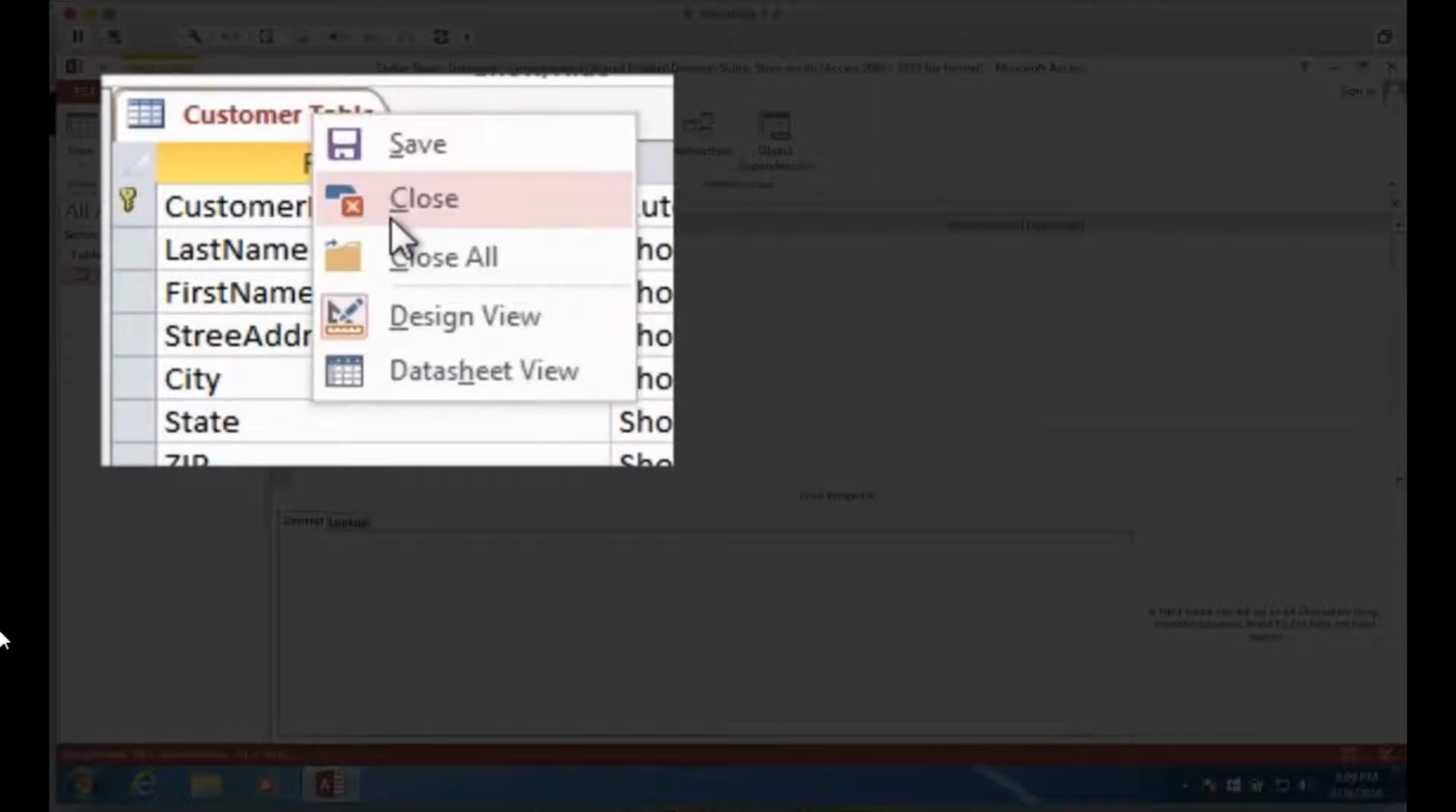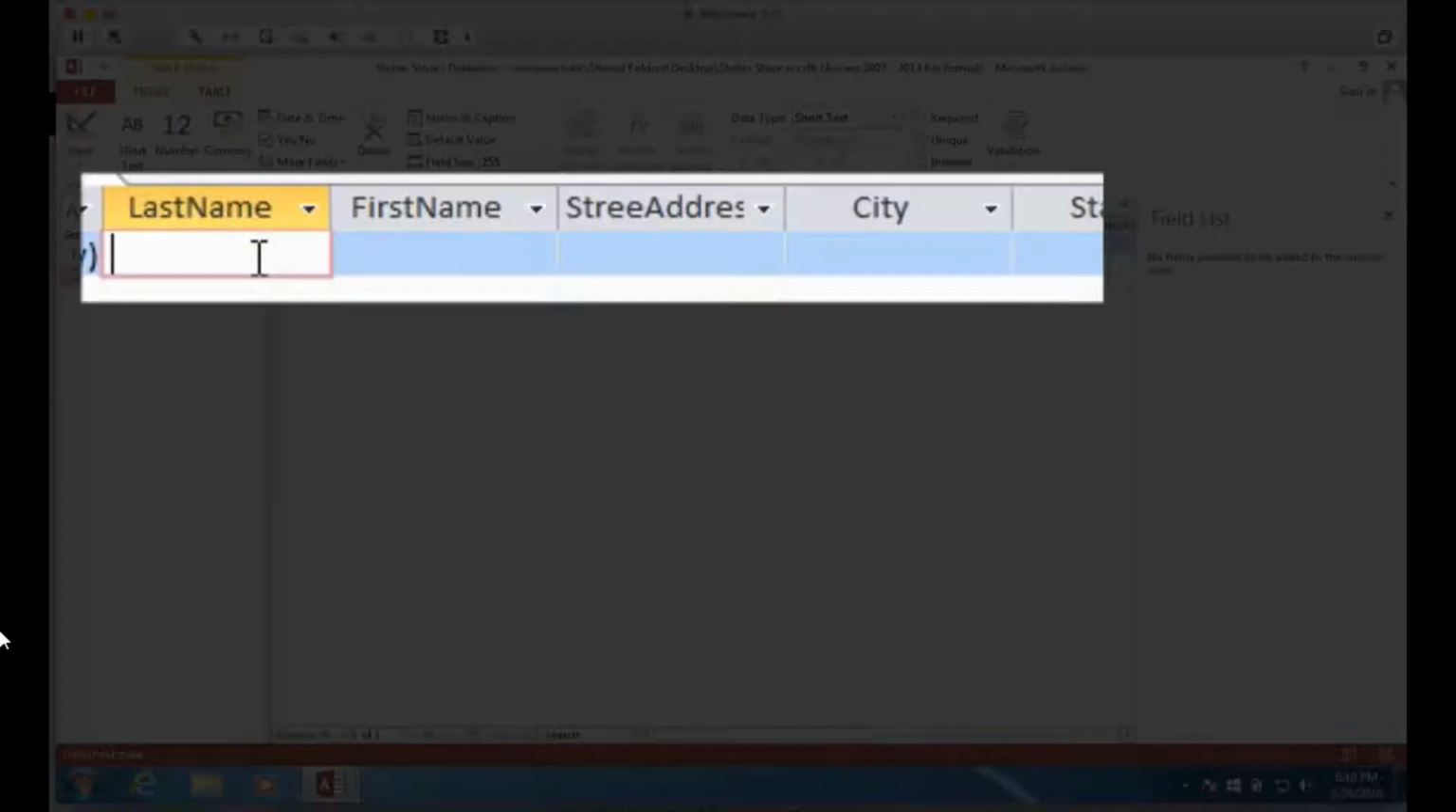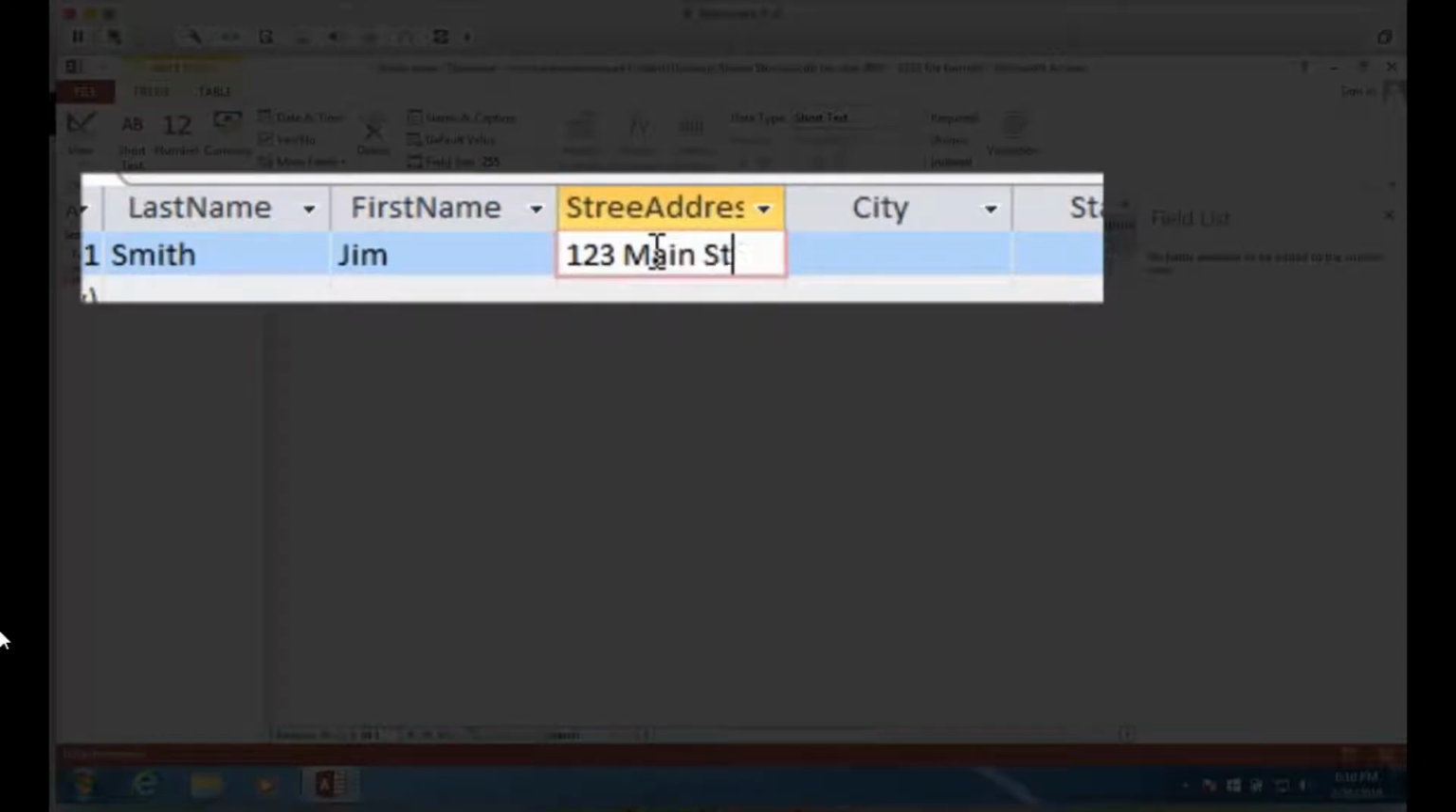Right-click again, and I'm going to choose Data Sheet View. Now you'll see that this looks something like a spreadsheet now. I can start entering information in here. So the last name, I just type in Smith, and I type in any type of name. Let's go with the address, 123 Main Street, and the city, let's say Phoenix, and Arizona, and the zip code